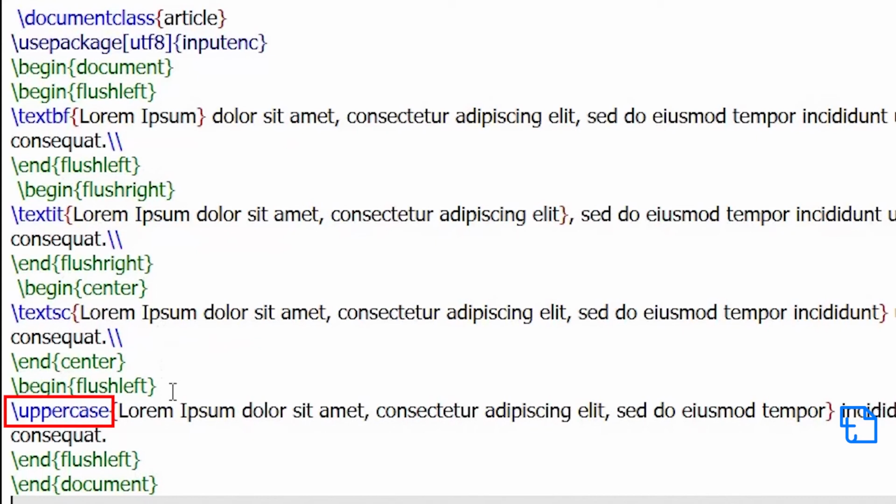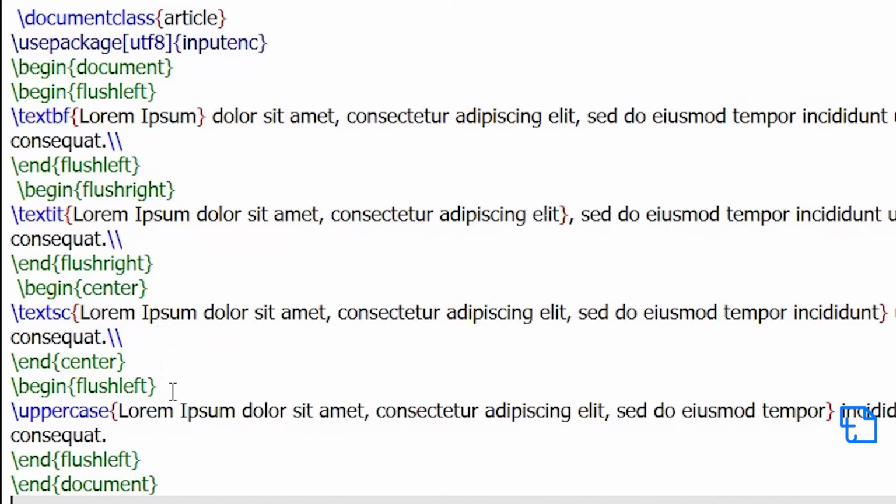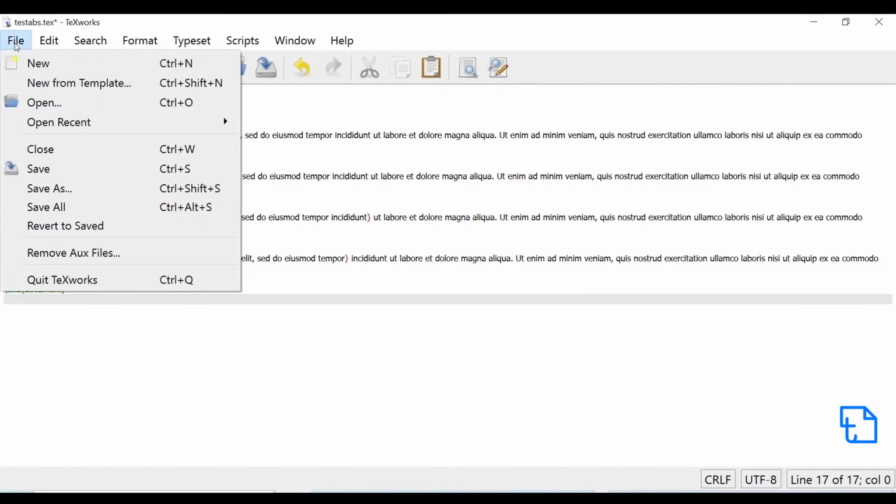Uppercase. It is a command that is used to make the text appear in uppercase. All the text must be entered in the curly brackets for this command to function. Again, like usual, anything written outside the brackets will be displayed normally in the output document. These were the common commands that we require usually for typesetting. Let's move on to save the file and typeset the document to see the output.